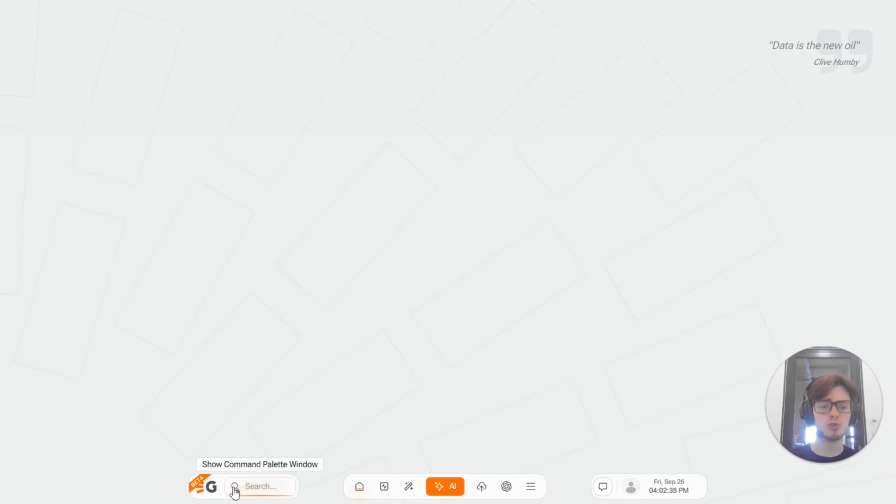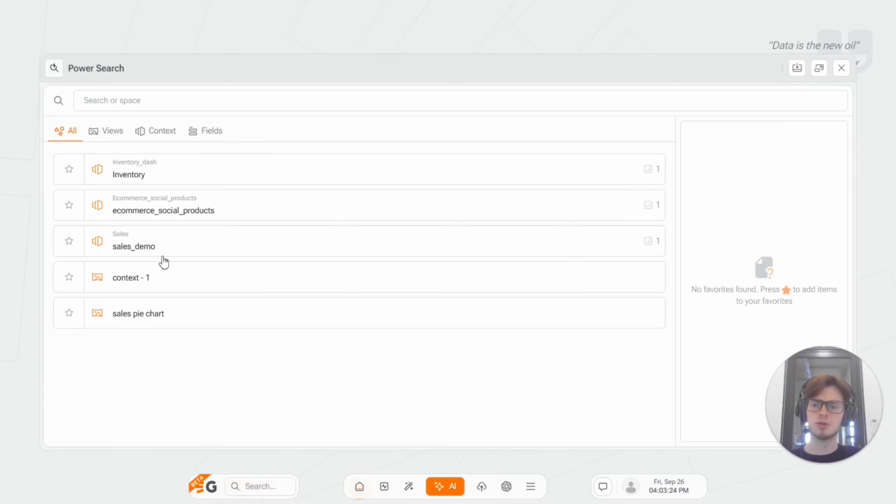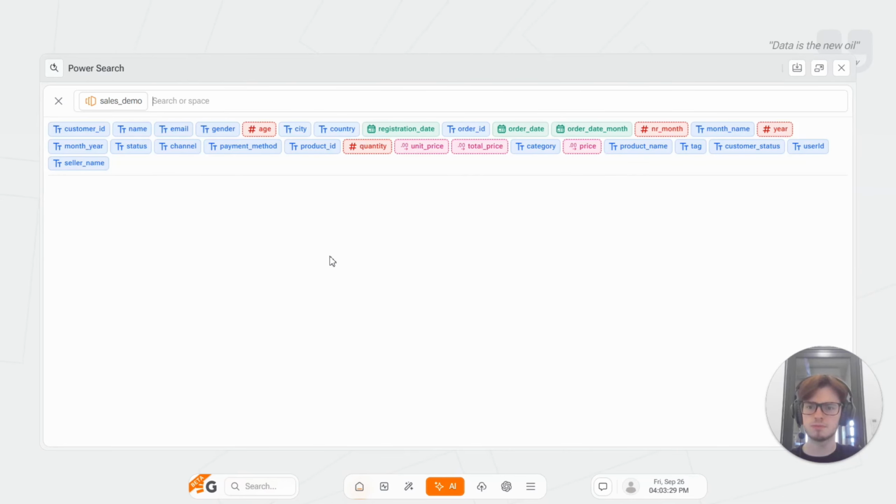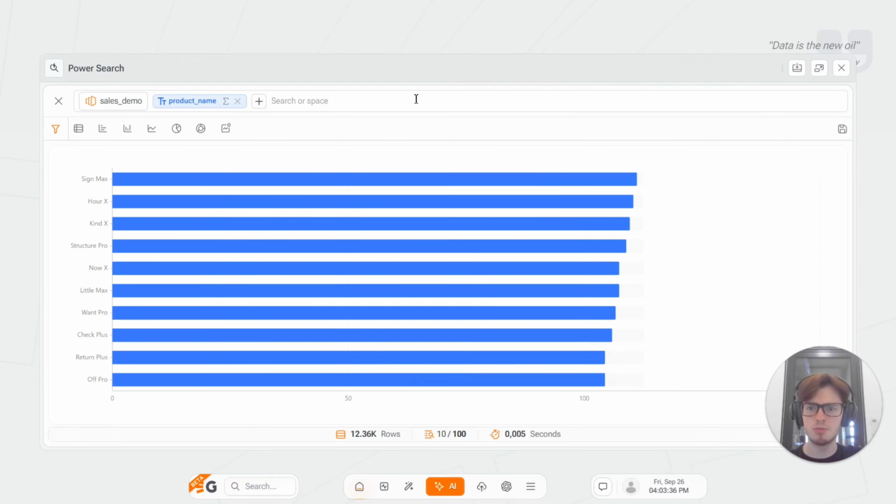So basically you're able to create contexts within Gaio. They're called contexts using the discovery feature, and it lets you kind of drag and drop certain columns and data points and create charts really quickly. So let me choose one here. Let's see, sales demo, and we've got a whole bunch of data points here. Let me see, maybe product name